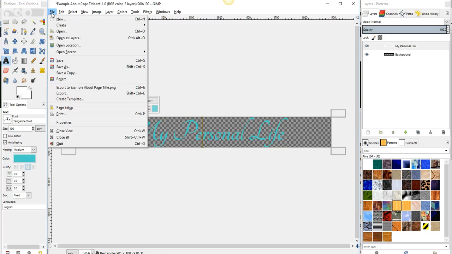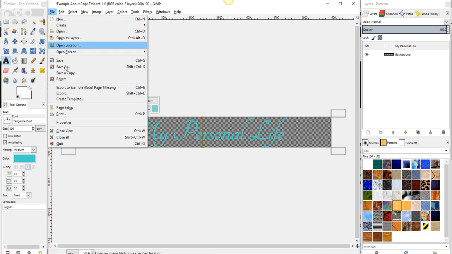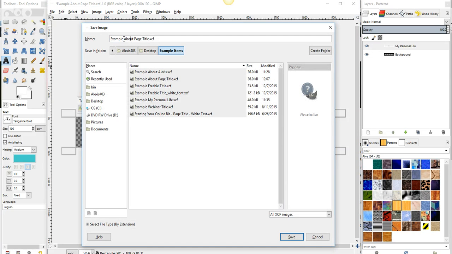I'm going to go to File and Save As, because remember before it was the About page image, right? But we've changed that. So we don't want to lose that About page GIMP image, but we want to create a new GIMP image for this new image we've created. So we're going to select Save As, and we need to rename it. So this is going to be my personal life, and I'm just going to add a 1 there. So we're going to hit save,